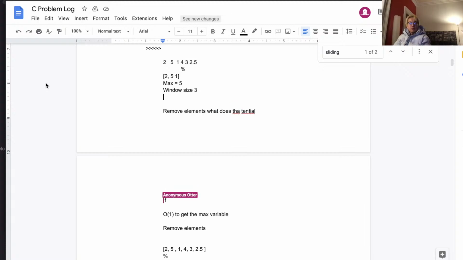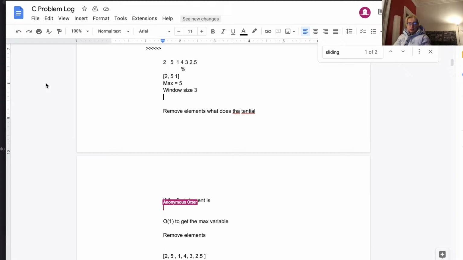If the first element is less than max, leave max as is and pop off the first element.